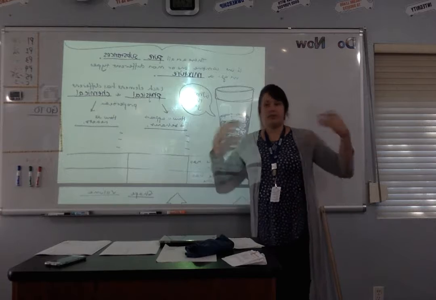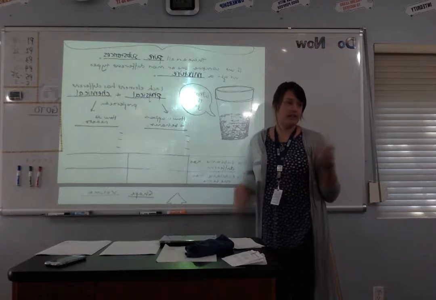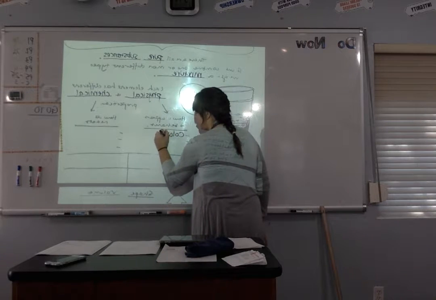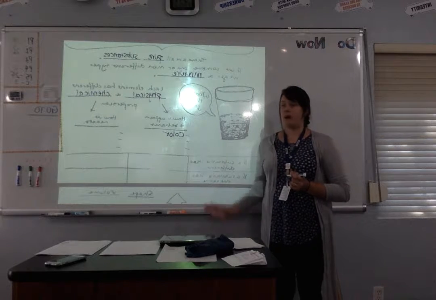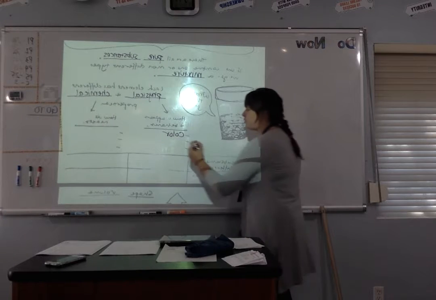There are different physical properties of humans than there are of chemicals, obviously. One of the ones, though, that you can know from humans and chemicals is color. Color's one. There's a lot of them, I'm only going to list 3 of them. Does that make sense? Another one is something called